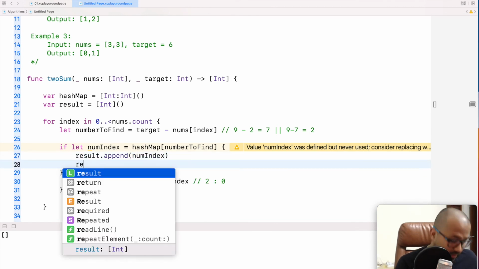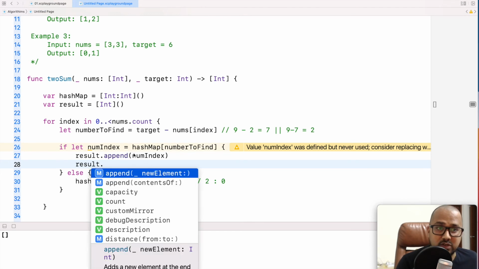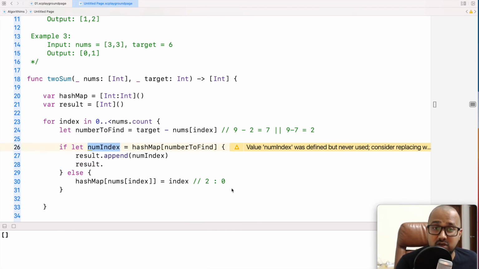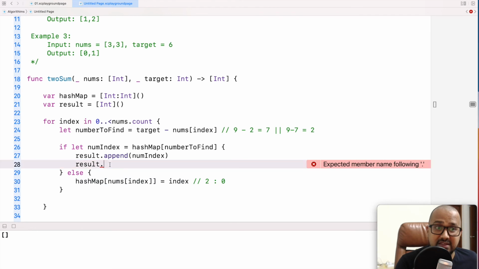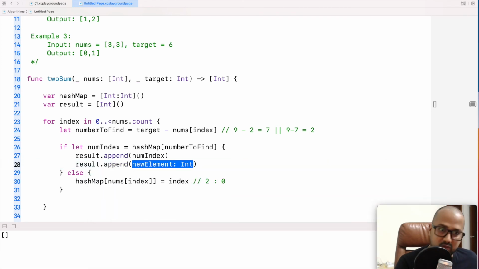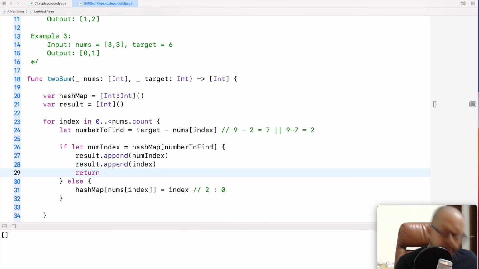Okay. Again append. So num index is what? Here I got the index which is 0. And then I need to append it with what? Index. Index is what now here? 1. Okay. So I will say update it with index. Okay. And then return my result.